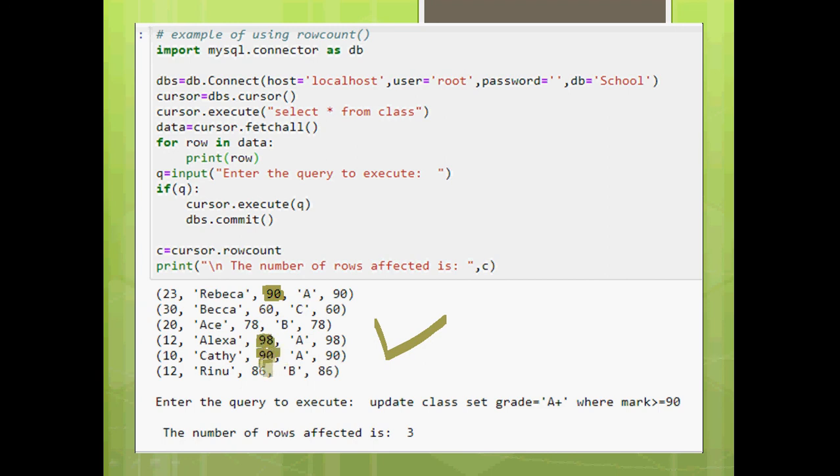So for these students, instead of A, their grade will be A plus. We are not checking the result here, we are just checking how many rows are affected. Clearly you can see that there are 3 rows, and after the query was executed, we counted the number of rows affected and we found 3. So definitely these are the 3 rows that have been affected by this query.